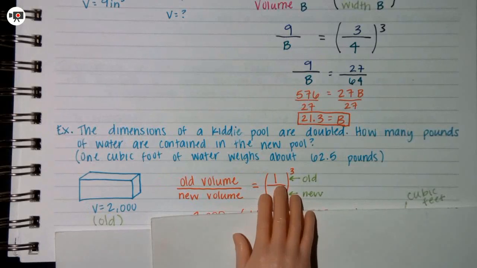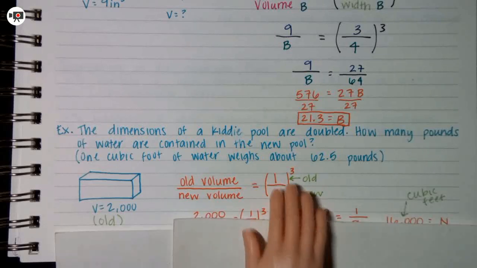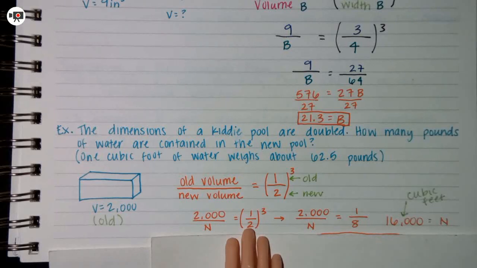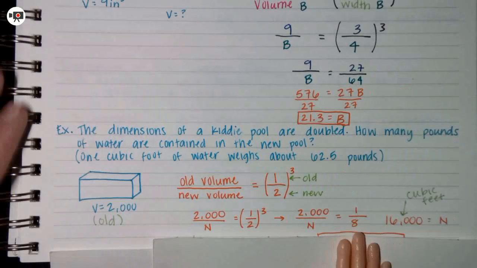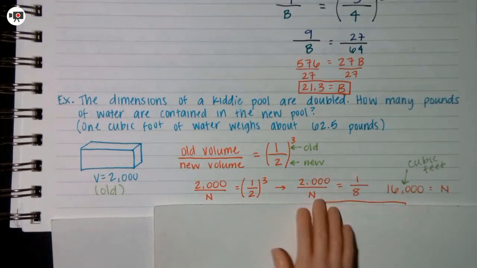If the old dimension, everything in there is 1, the new one, everything is going to be worth 2. So I'm going to plug in my old volume, new volume, cube it. That's 2,000 over n equals 1/8, because 2 to the third power is 8, 1 to the third power is 1. Cross multiply,